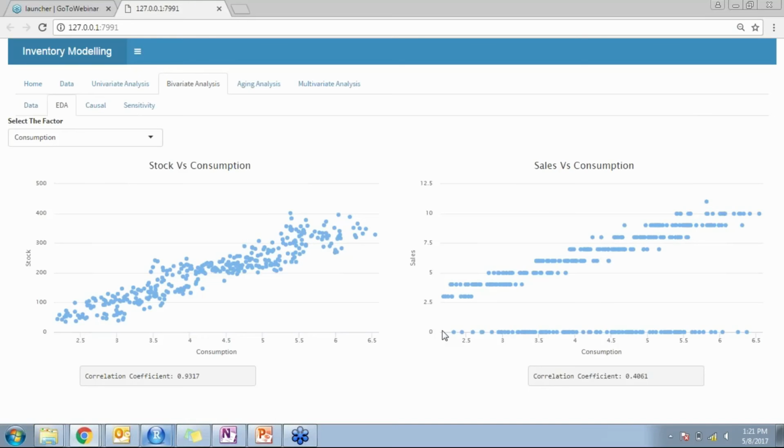In the exploratory data analysis, we identify the relation between the dependent variable with respect to each of the independent variables, and also between the independent variables. So we identify all the crisscross combinations that we have between the dependent and the independent variables. And we identify the correlation between them and how they could be further used for the analysis. So we have adopted a very methodological statistical approach over here to do an analysis for bivariate as well as